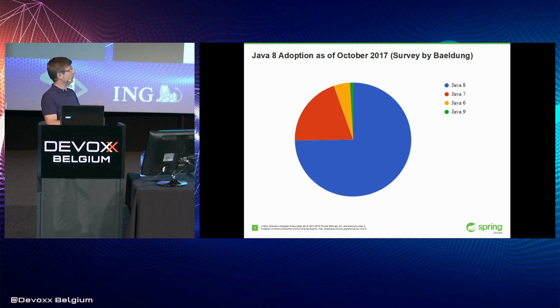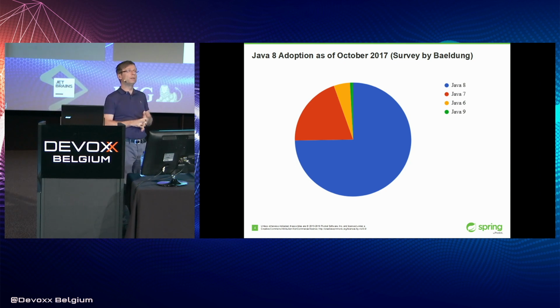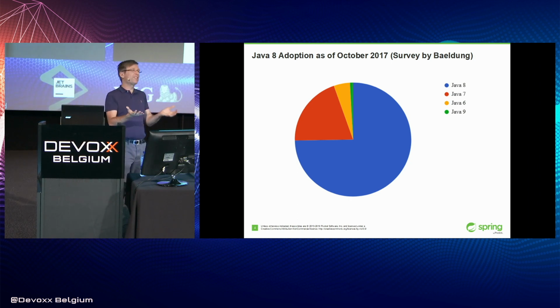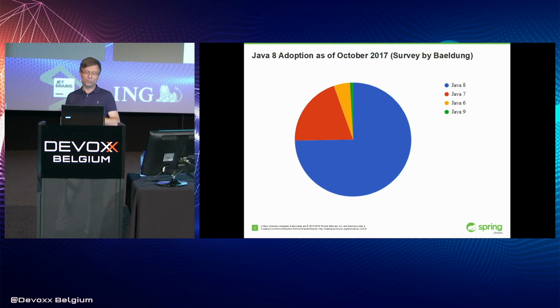And well, about a year ago, we already saw about 75% of people using Java 8 out there in industry surveys that are usually quite indicative of the real world. Very little Java 6 use, quite a bit of Java 7, but fading out. Very little Java 9 use, of course, that was shortly after its release. So that was the point we were waiting for. And in